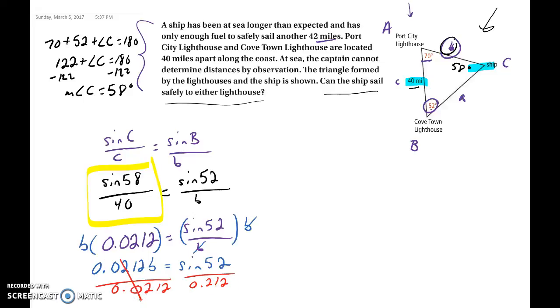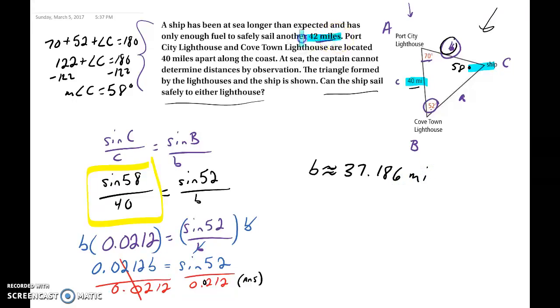And once again, I'm going to say this every time, make sure that you are using your answer button here and not actually rounding it to 0.0212, or else your answer could be slightly off. Which this is then going to be equal to approximately 37.168 miles. And since